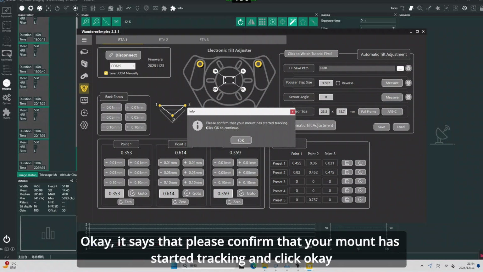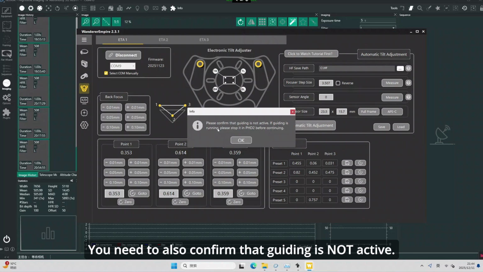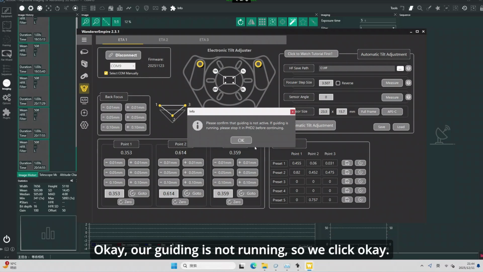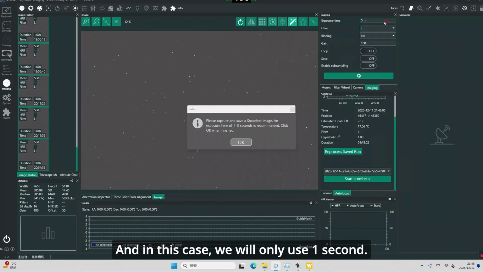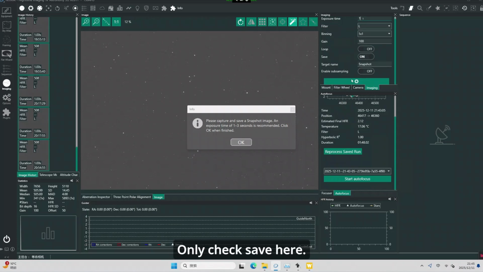It says, please confirm that your mount has started tracking and click OK to continue. You also need to confirm that guiding is not active. If guiding is running, you have to stop it in PHD2 before continuing. Our guiding is not running, so we click OK. Please capture and save a snapshot image. An exposure time of 1 to 3 seconds is recommended, and in this case we will only use 1 second. You have to check save here and do not check loop here. Only check save here, and